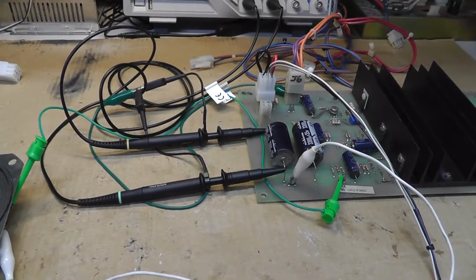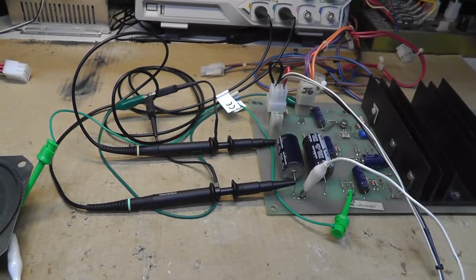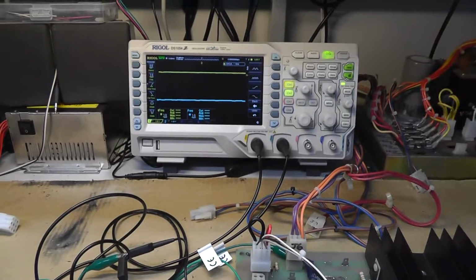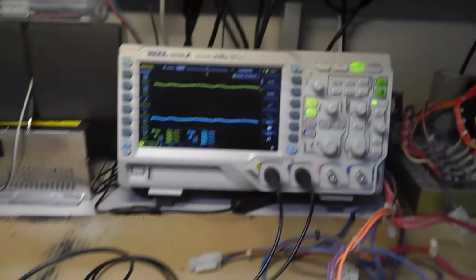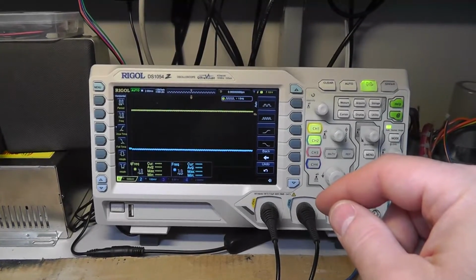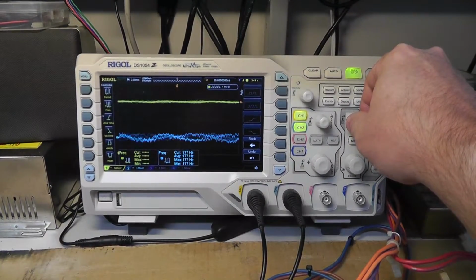And I actually have some Rastan music or other music here from YouTube. So we got that playing. Turn it on. So we got a little bit of sound. And I can do auto here. And you guys can hear it, I think. It's not that loud. Let me change my seconds per division to about...